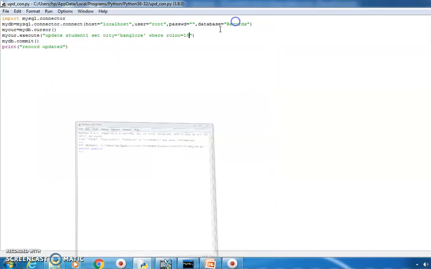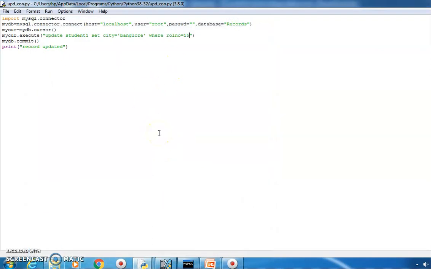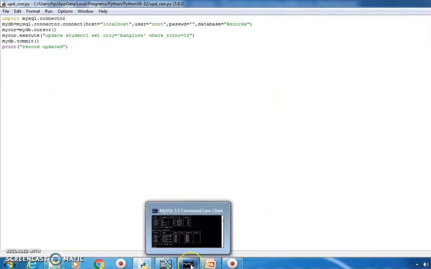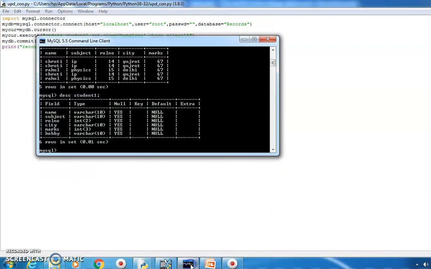Now quickly we have to go to MySQL. We can go to MySQL, or we can check through the select command also. Let's go to MySQL first. I am going to use the select command: select asterisk from student1. Now let's see.